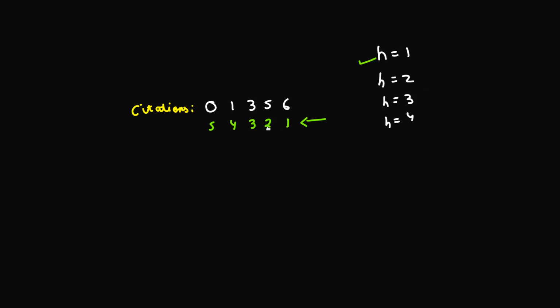So we'll be considering the last second entry, and the value at the last second entry is 5. Since this value is greater than or equal to 2, all the other values from the end are going to be greater than or equal to 2 as well, because this array is sorted in ascending order, right? So if this is greater than or equal to 2, that means that H equal to 2 is also valid. So yes, H equal to 2 is a valid H index as well.